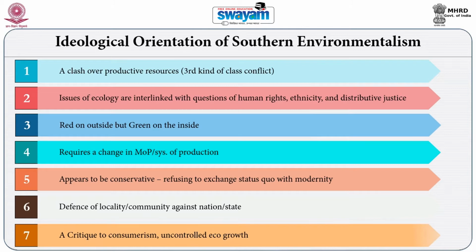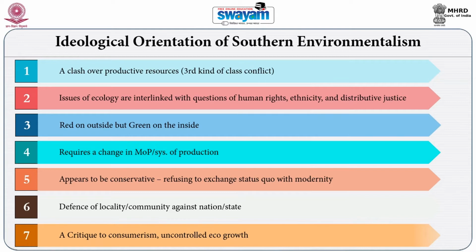In that sense, ideologically, environmental movements in the global south call for a change in the mode of production, while in the global north they call for a change in attitude towards nature, because it is not a conflict between two groups, it is a conflict for a better quality of life, for a better ecosystem. In the global south, it calls for a change in the mode of production, a change in fundamental access to resources, access to the production process, or access to basic resources. In that sense, these conflicts manifest as a conflict between two groups of people, between two interests.